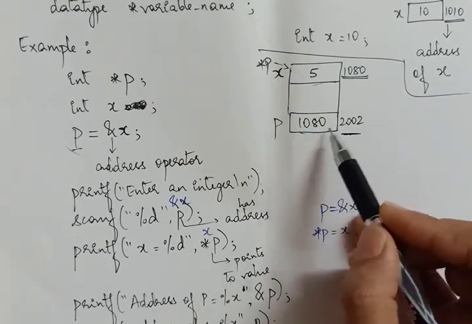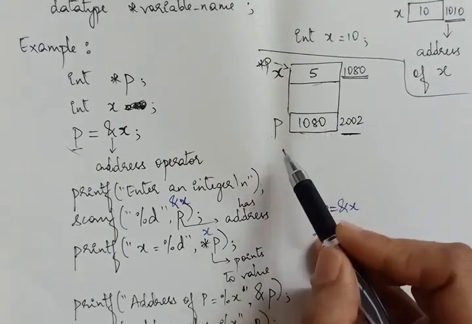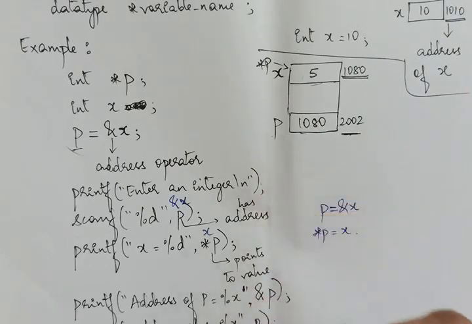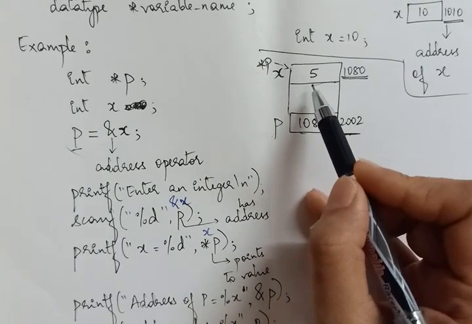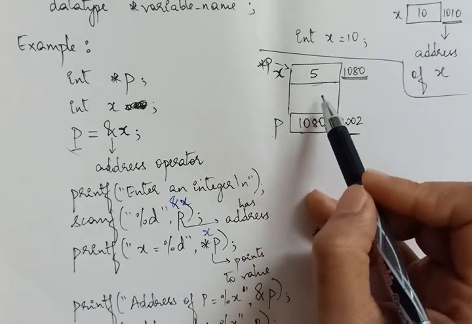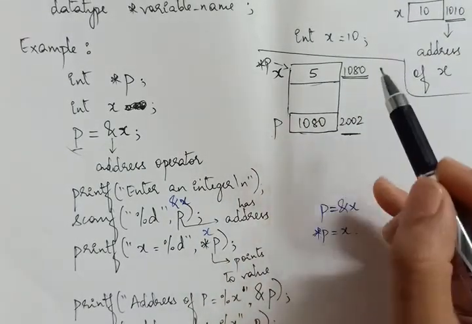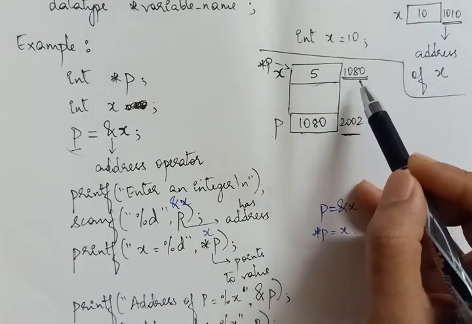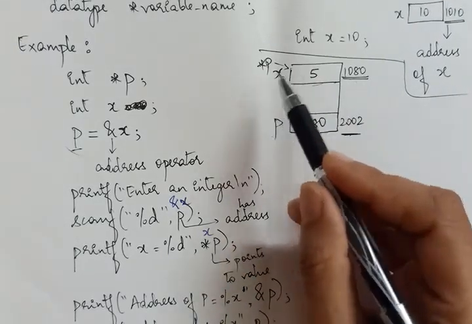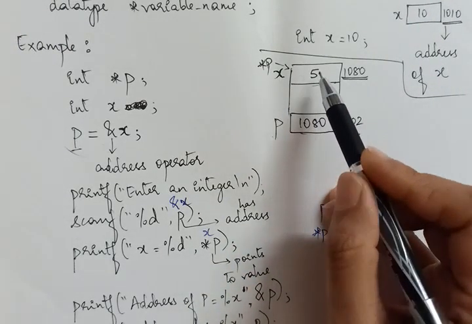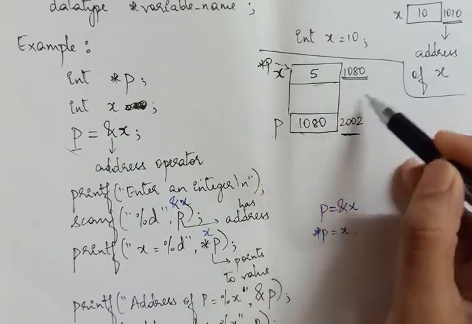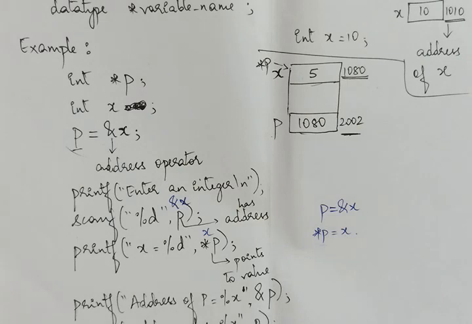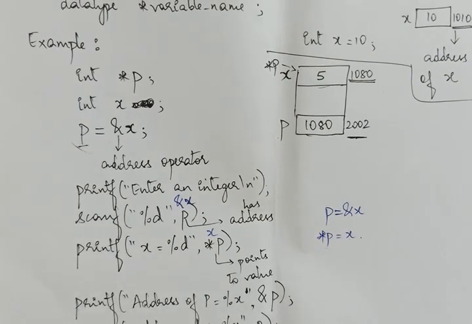So once the address is stored in P, that is the pointer that you have created, now P gets access to that location. So star P refers to the value in that location. Just P refers to the address of that location. Okay, star P is the value in that location, whereas P is the address of that location. So this is pointers.